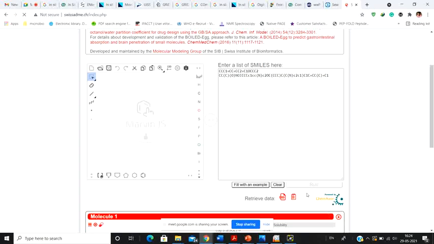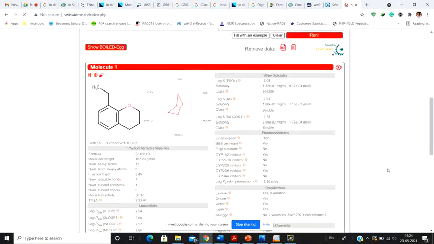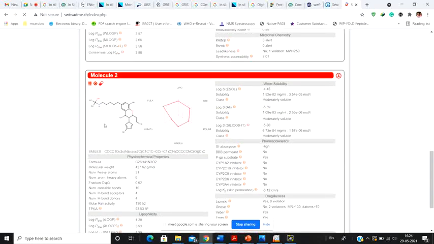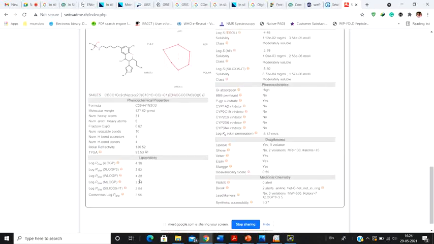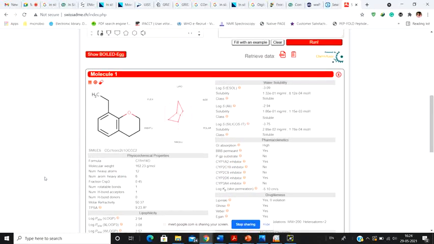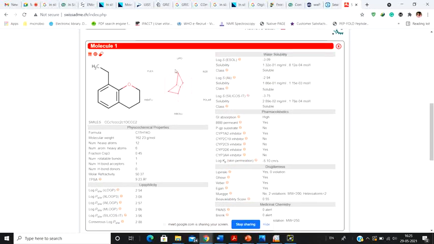If you click on run, it is going to analyze the molecule and show you all the parameters. Now see, since I've added two molecules, one that I've drawn and the other, it's showing molecule 1, molecule 2. So let's see what it is showing. As you click on it, first of all, it shows you the overall parameters of this particular molecule. Parameters mean the lipophilicity, the size, the polarity, insolubility, insaturation and flexibility.